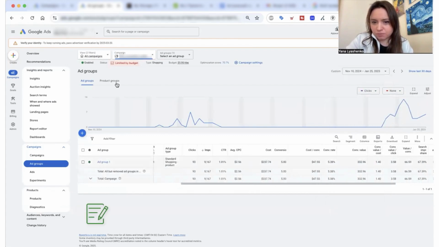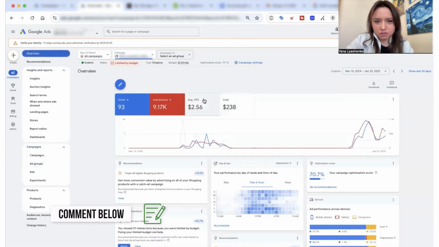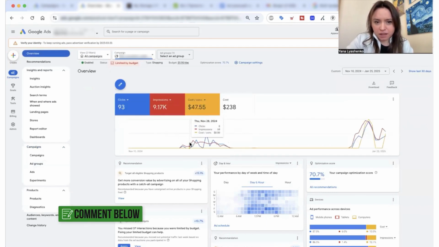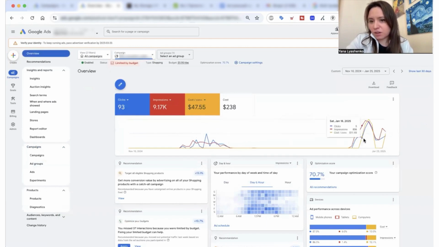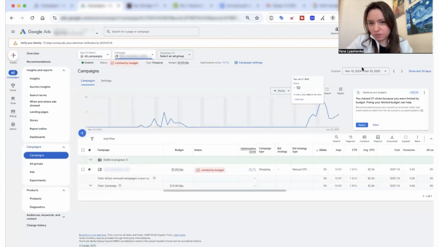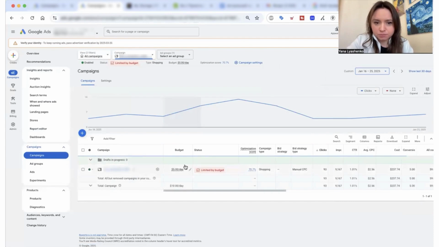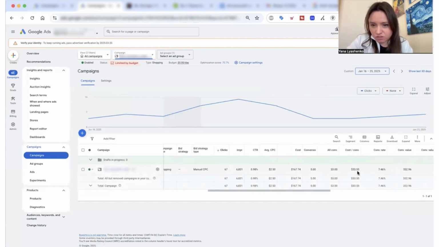Let's take a look. It'll probably be easier to see right here. Here's the cost per conversion, right here. And you can see that there's no conversion here. The traffic is good. There's up to $30 here. Yeah. And here's $15, which is the desired cost per conversion. And the average, if we calculate it for this period from January 16th, here you go, from the 16th to the 25th, that's when our support period was. Here you can see that even the average is 33, which is much cheaper than it was overall when calculated for the first time period.